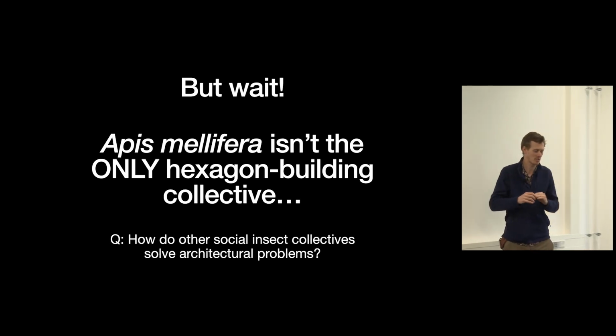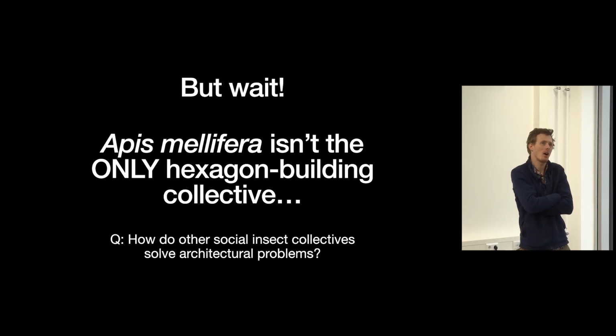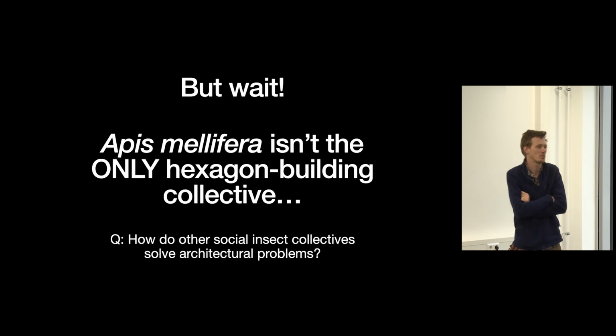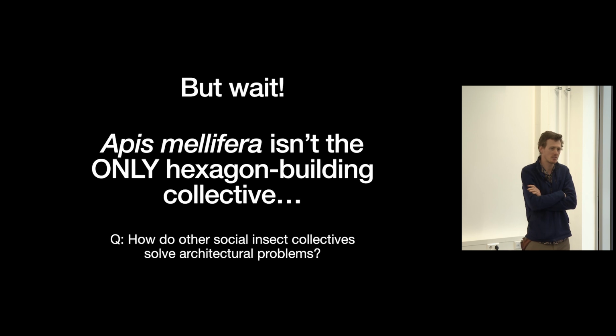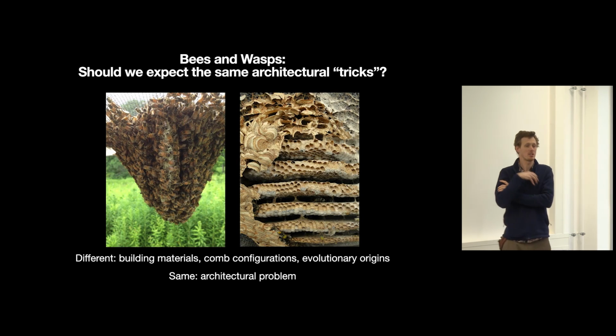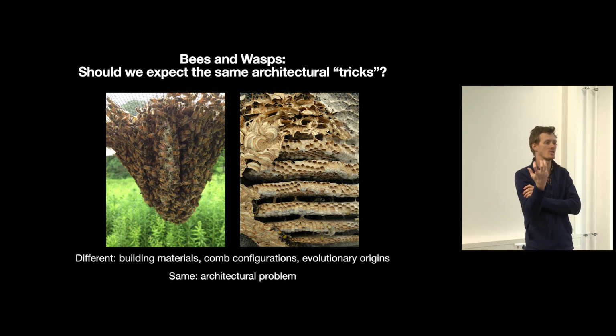Occasionally wasps, mostly just other bees. And so what this meant was, well, we can see how honeybees can come up with these solutions to architectural problems, but how are those solutions shared or different from other species of honeybees and other social wasps? So for this, we needed to do a collaborative work, but there were reasons why you might think they would be similar or different.